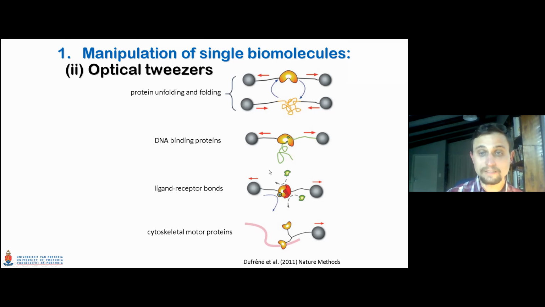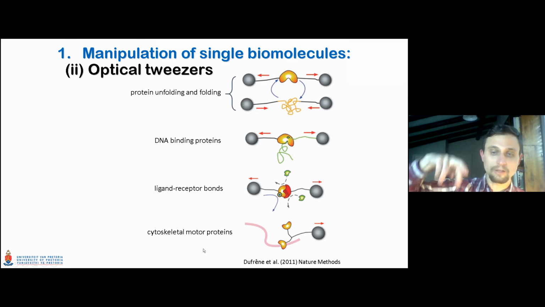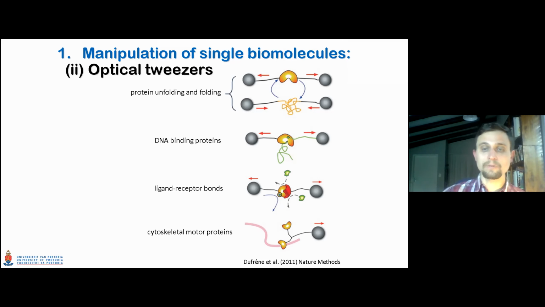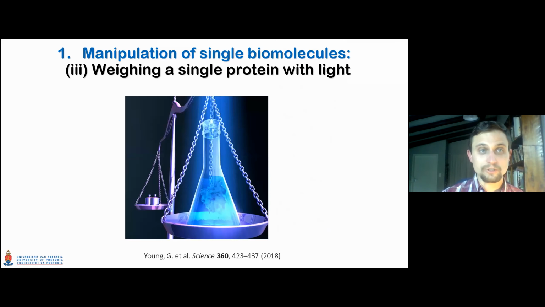Here's another example of how a ligand, a type of protein that interacts with another molecule, can be studied. You can investigate how these interactions work. Another application where this method has been used very much is for motor proteins, how a protein walks on a cytoskeleton, and you can then pull it and measure all the different physical properties of these systems. Okay, so this was optical tweezers.